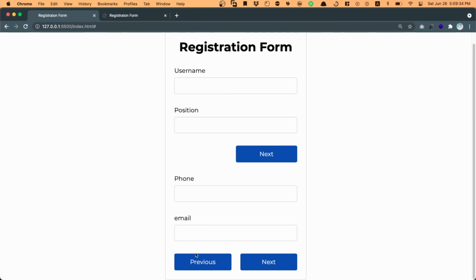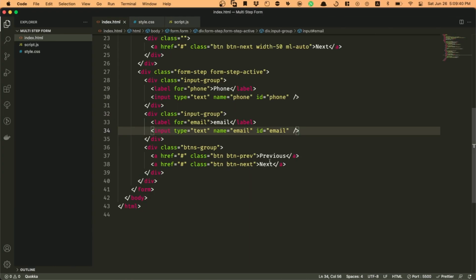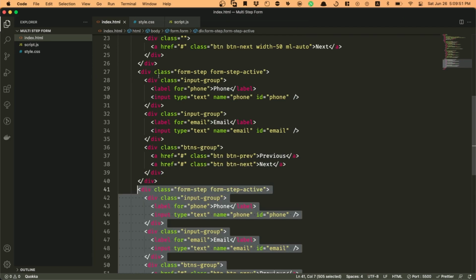Okay, so there we go, the previous and the next button. You can see the phone and the email. Indeed, I need to go back here and capitalize this. All right, so that is it. We just created it successfully, and now we're gonna also just duplicate this down below,